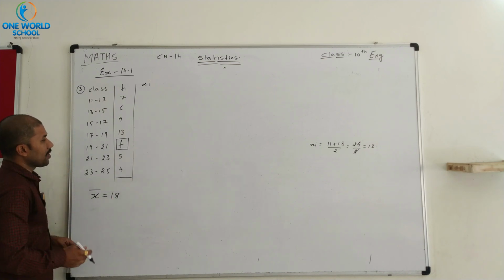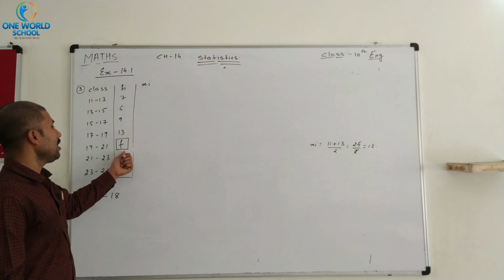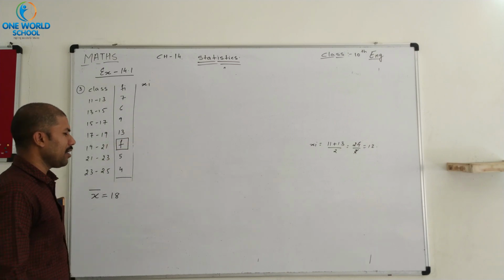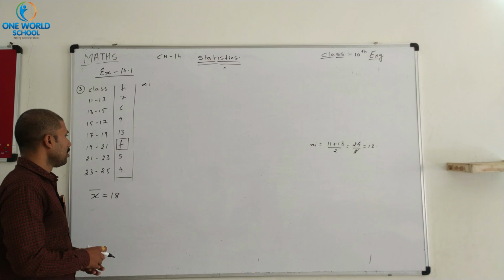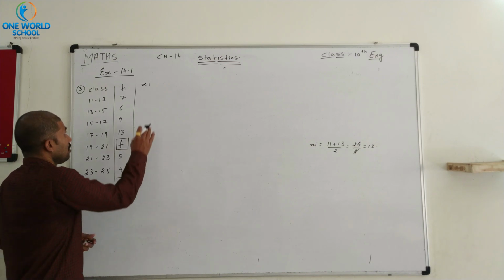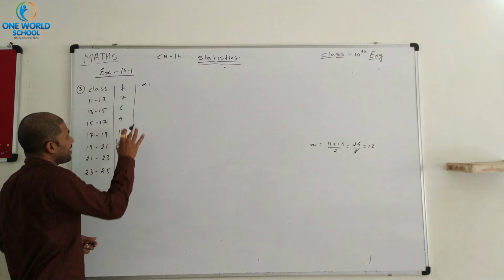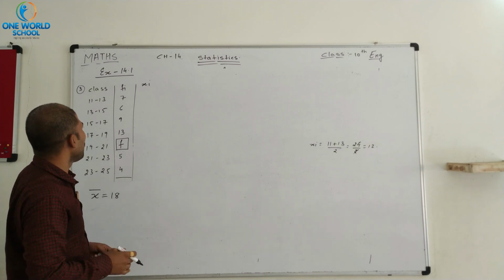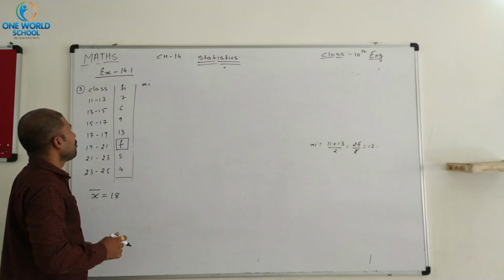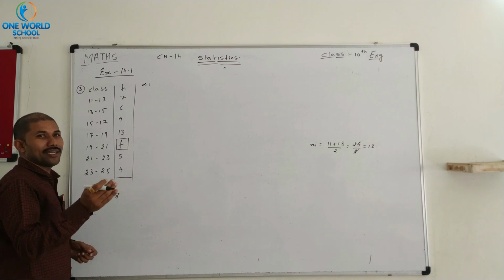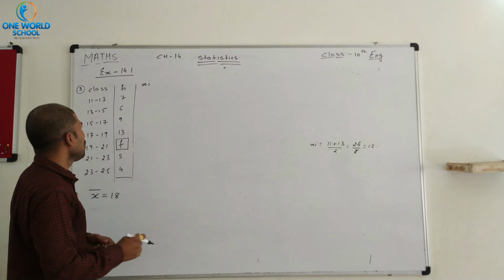और इसमें हमें जो फाइंड करना है वो फाइंड करना है मिसिंग फ्रीक्वेंसी f. So we can apply any of the methods to solve the question, but the value of xi is a little bit higher, so we prefer the step deviation method because it becomes quite easy for us to solve the question.